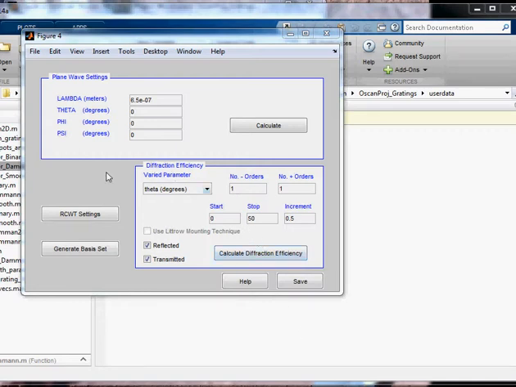In this video, we're going to show how to set up a blaze grating in the RCWT calculator. I assume that you've already opened the RCWT calculator and it's already set up to a similar measurement or calculation as what we had before, where we're starting with a wavelength of 650 nanometers and going from 0 to 50